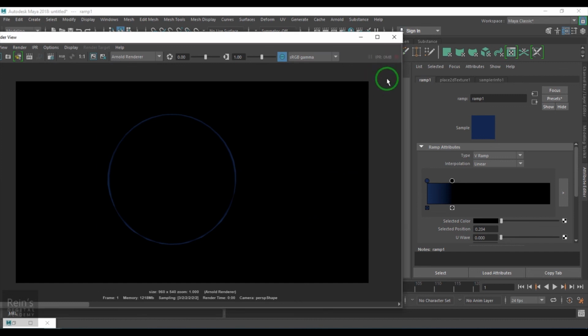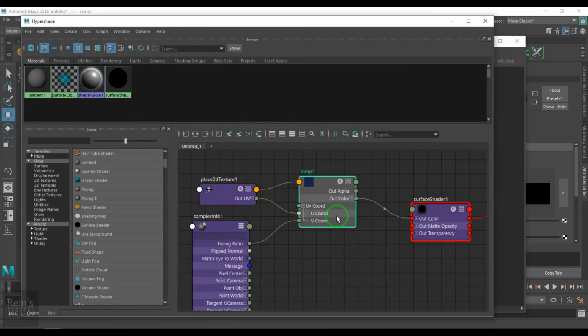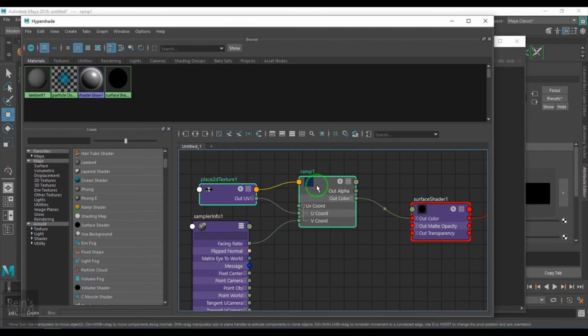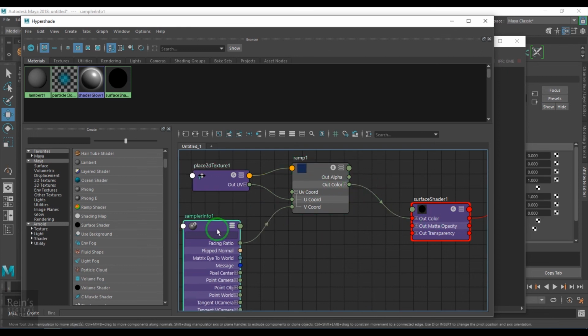You can use that on any of the attributes. Again, the ramp can go into reflections, incandescence, or transparency. And if you're expecting the rim to be more opaque than the center, like if you're doing balloon shading, yes, go ahead and connect it into the transparency and you get opaqueness in the edges and transparency in the center. So it's a quite useful network here. I took a ramp, connected it anywhere, took the sampler info, and connected the phasing ratio to the V coord of the ramp. Simple.